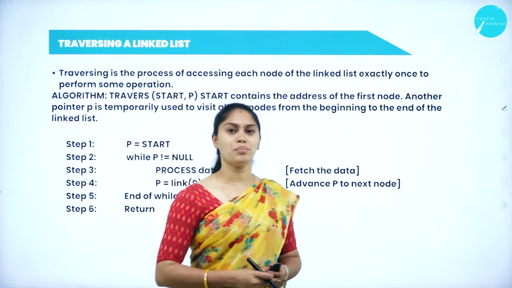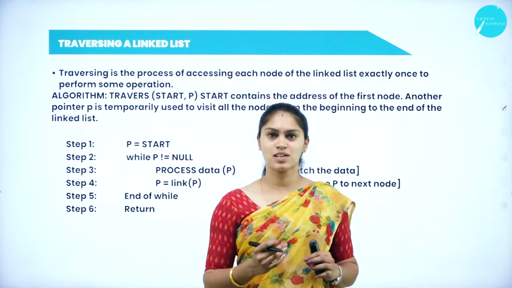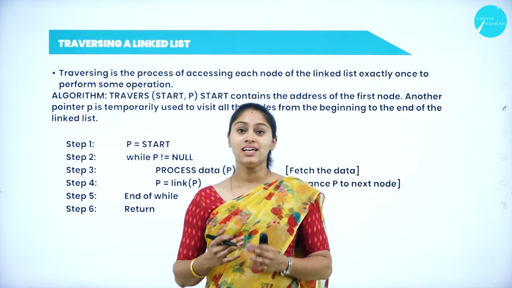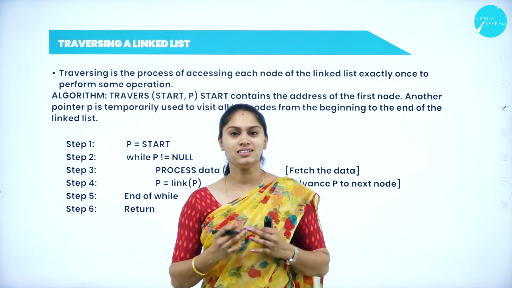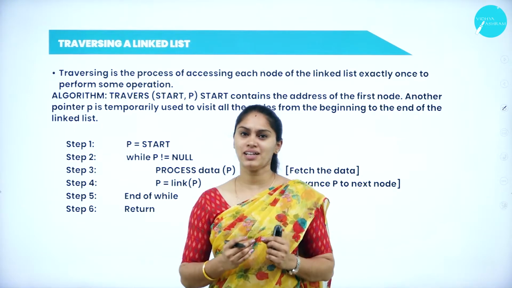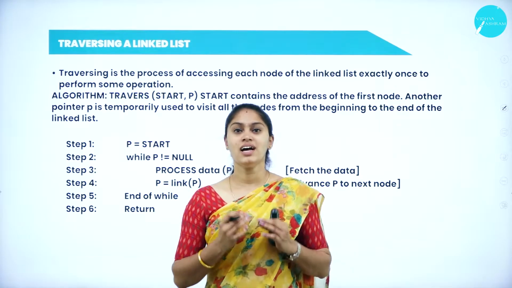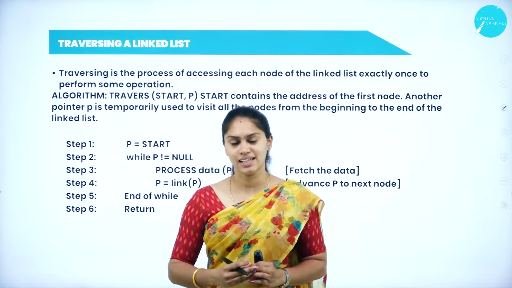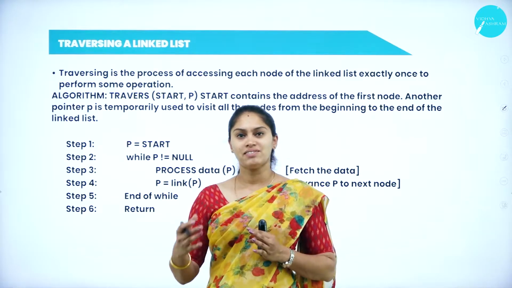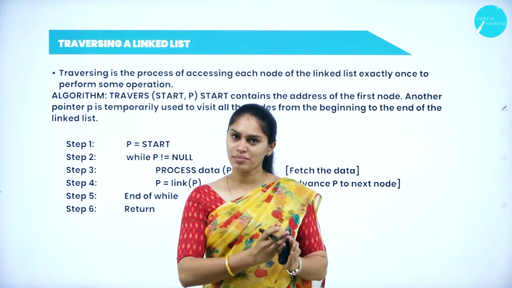As I discussed in the previous class, operations of a linked list also include traversing. In the previous session of this chapter, related to queues and stacks, I discussed traversing. As we all know, traversing is nothing but a mechanism of visiting each node or each data item of a linear list. If I am talking with respect to the linked list, traversing is visiting each node exactly once from the beginning to the end.